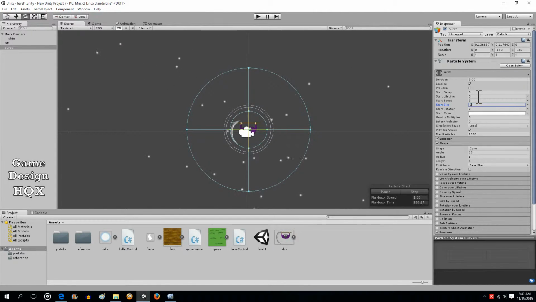Now what we're going to do is increase how much is coming out. Well, let's change the lifetime first, because it's a burst that should only last a very small amount of time. Now we're going to